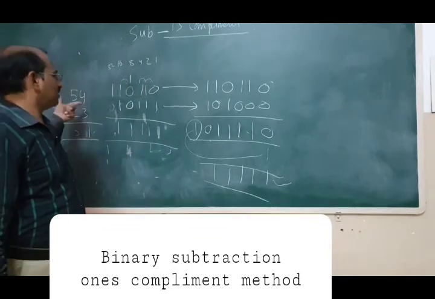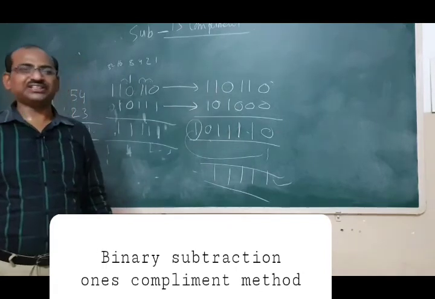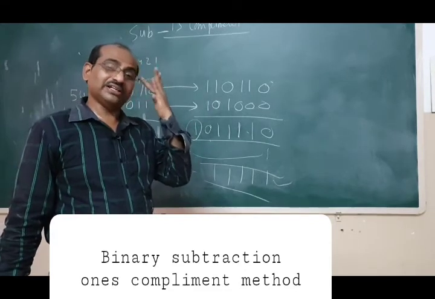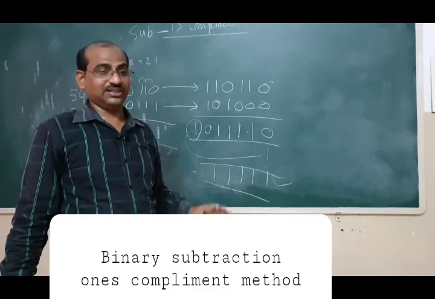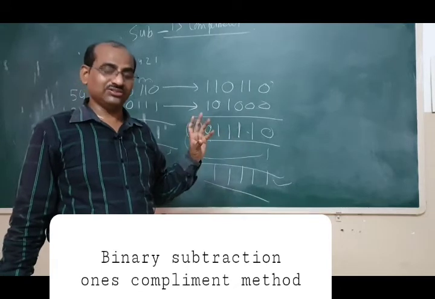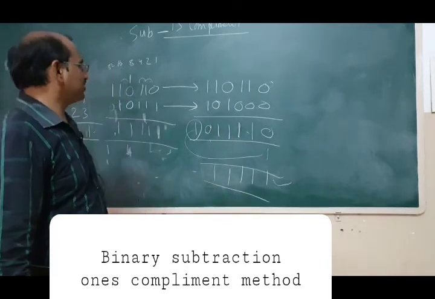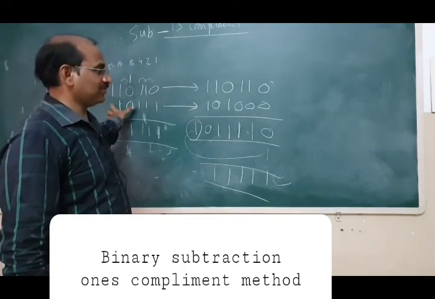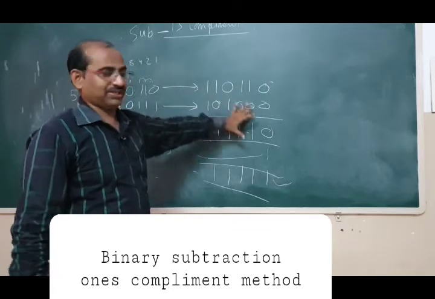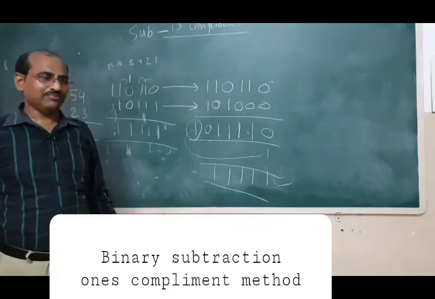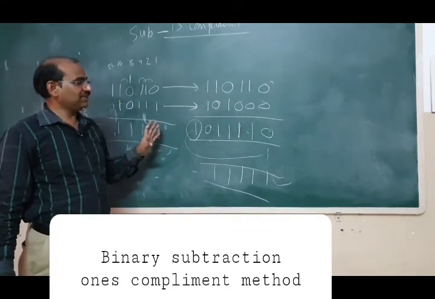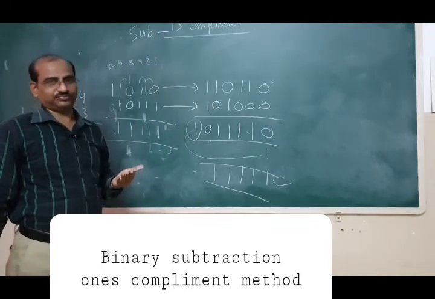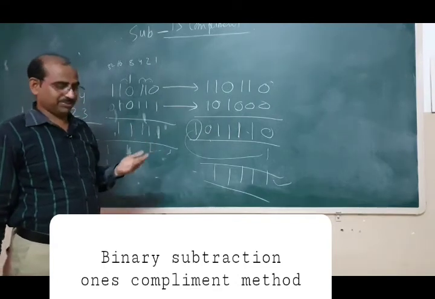One more thing, sir, how to get the complement? It is very easy. In coming classes, maybe after 3 or 4 classes, you learn a gate named NOT gate, which will convert a 0 into 1, a 1 into a 0. So by simply passing through a small circuit, the number will become its complement. So for circuitry subtractions, the complement method is very easy compared to the borrow method. That's why we are using 1's complement.